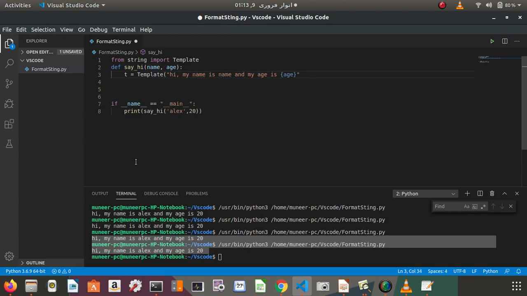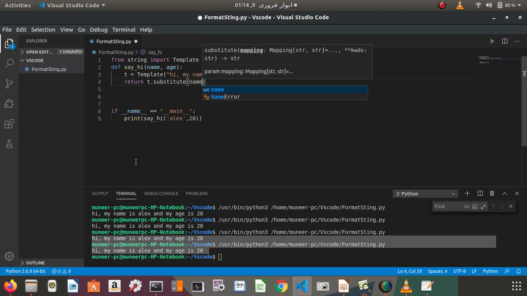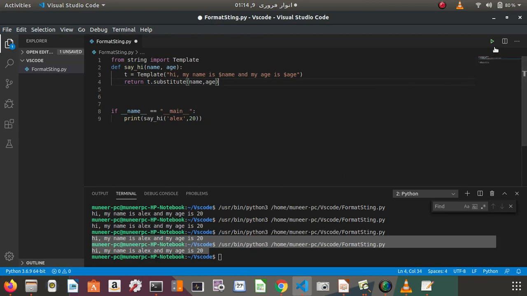Like I want to substitute this name, so I will start with a $ sign, and I want to substitute this age, so I will use a $ sign with age. The substitution method is very simple. I will return t dot substitute with the arguments which I have passed in the function, name and age. And now if I click the play button,